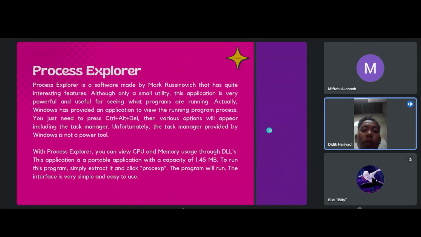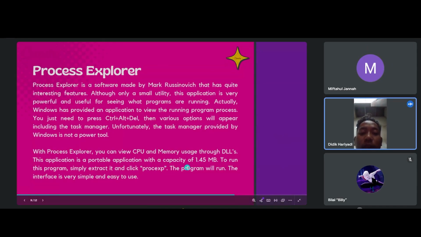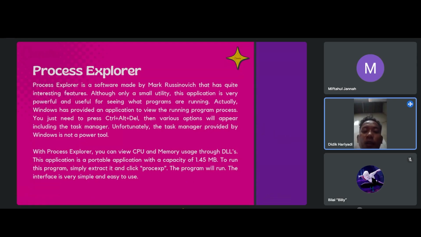With Process Explorer, you can view CPU and memory usage through DLLs. This is a portable application with a size of 145 MB. To run it, simply extract and open the program. The interface is very simple and easy to use.